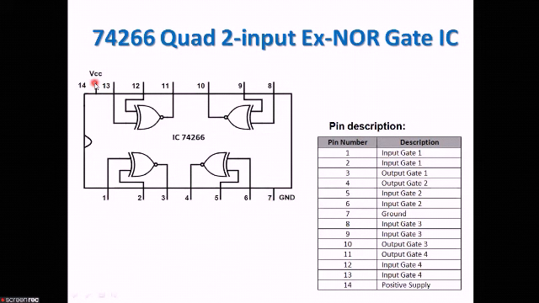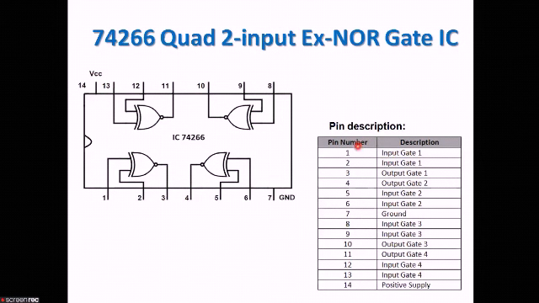That is the positive supply. This one is the notch. From the left side of the notch, we will be starting counting the pin numbers. That is, the pin counting is started from 1, 2, 3, 4. It goes on to 14, where pin number 14 is connected to VCC and pin number 7 is connected to ground. Now, this one is the pin description of the IC